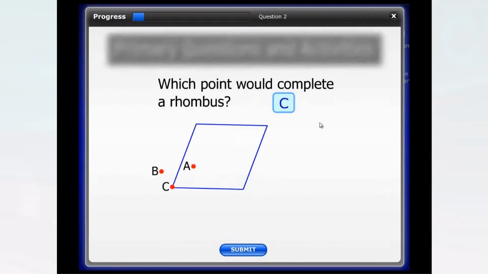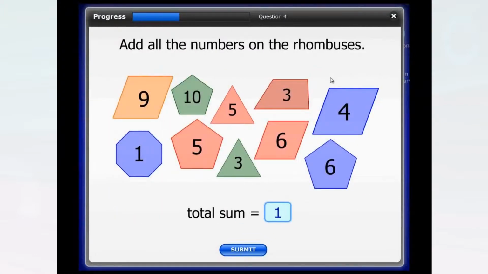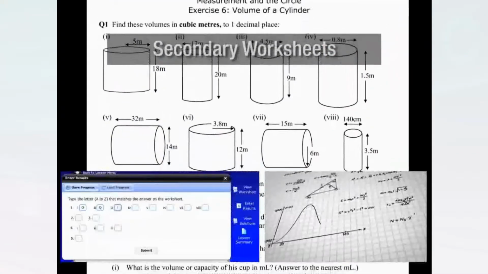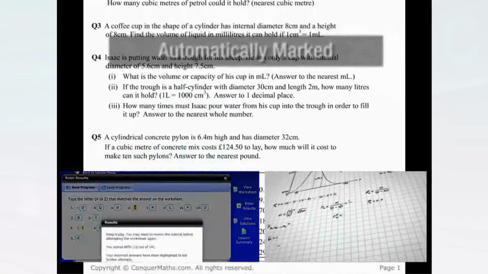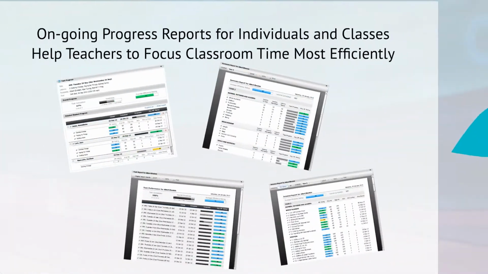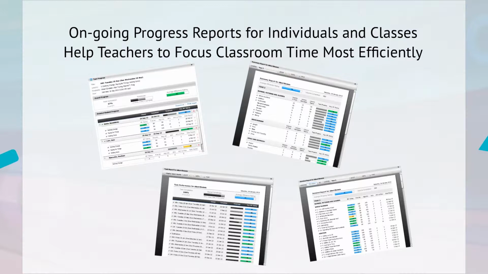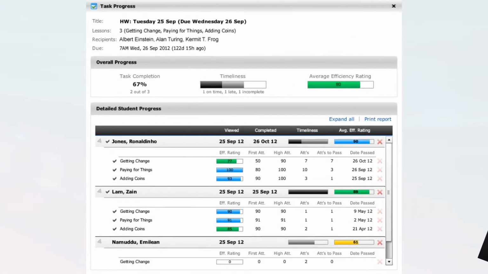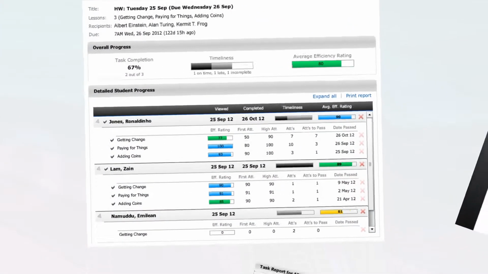With primary students, that is on-screen questions and answers. And for secondary students, we provide an optionally printable worksheet that we recommend students complete on paper and then fill in their results to the system. We then store all of the results in each individual student's ongoing progress report, and this builds up over time to provide a very clear view for teachers where they should spend time with individuals or where to focus